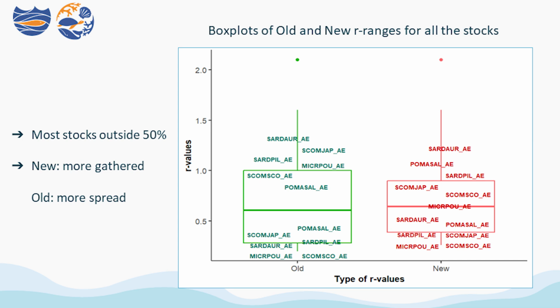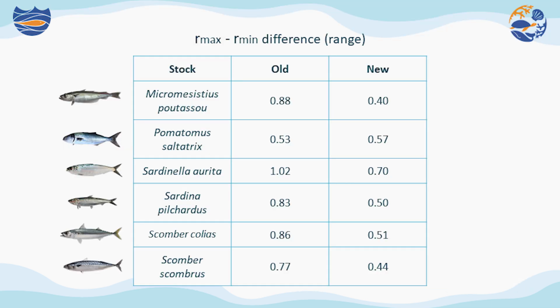To explain that, I'm showing you here these two box plots, the one for the old type of R values on the left and the new type of R values on the right. And I have also pointed out the minimum and the maximum R value for the stocks that showed the different trend before. And you can see that for most of these stocks, the values are outside the 50% of the R values. And specifically, if you see for the new type, their values are presented a little bit more gathered, whereas for the old category, they are a little bit more spread,